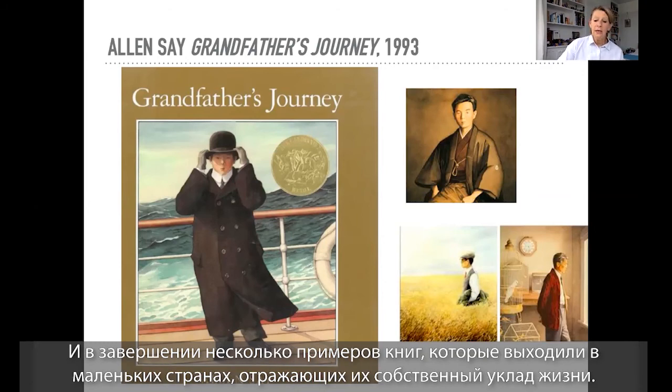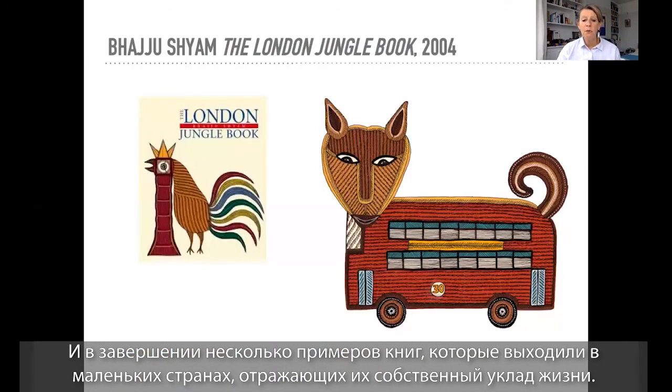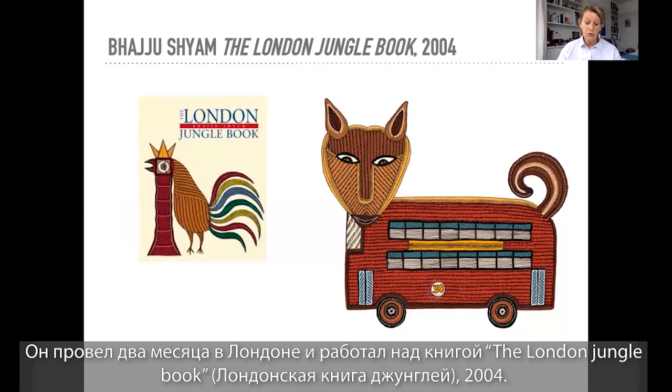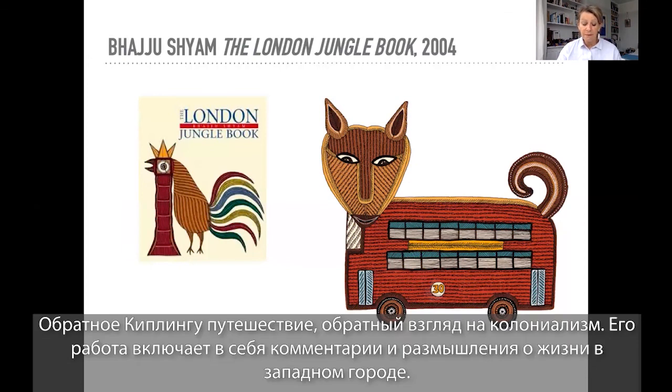And then finally, just a small example of books published within individual countries reflecting their own art styles. I'm just looking here at one book by Tara with the Gond artist Bhajju Shyam, who travelled to London for a commission to paint the walls of an Indian restaurant. And whilst there he spent 2 months, he worked on the London Jungle Book, a reverse journey to Kipling's,